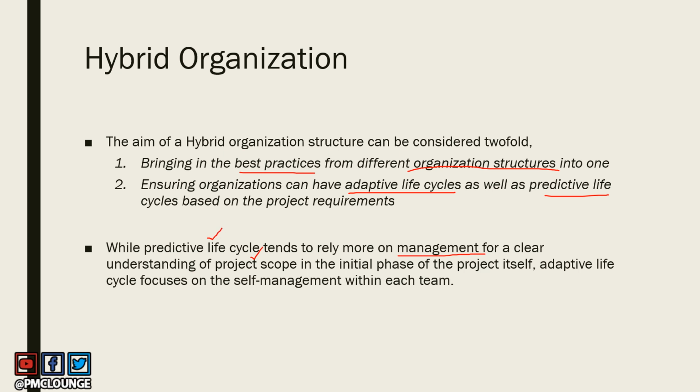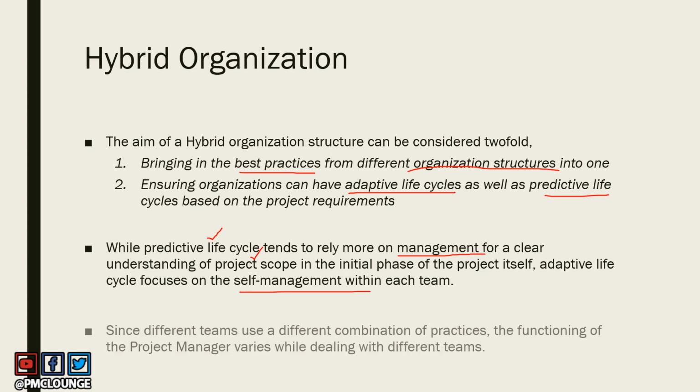adaptive life cycle, it focuses more on the self management within each team. Now, how is this possible? How are you going to do this where you have one project where you are following predictive life cycle and another project where you're following, let's say, the adaptive life cycle, right? So you do that only with the help of hybrid organization structure. Now, different teams are going to use different combinations of practices. Some teams might take something from predictive life cycle and something else from adaptive life cycle. This is getting complex, I understand, but this is where hybrid organization comes into the picture, because you are combining